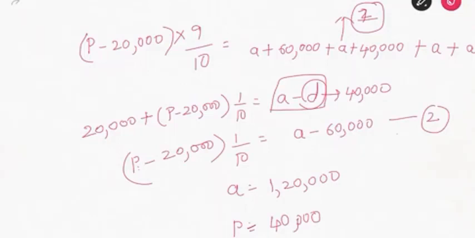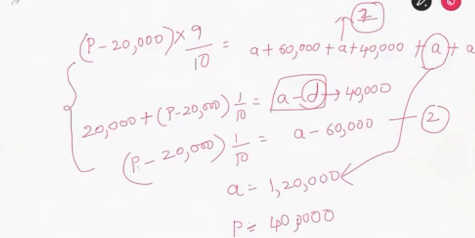Now what is the question asked here? What is the share of the third son? See here, a is the share of the third son. Now what is his share? 1,20,000 is the share of the third son. I have not done the simplifications. You can do it very easily as we have done in the first question. Two equations, simplify them, you will get p and a values, right? Property value is not 40,000, it is 4 lakh, sorry.